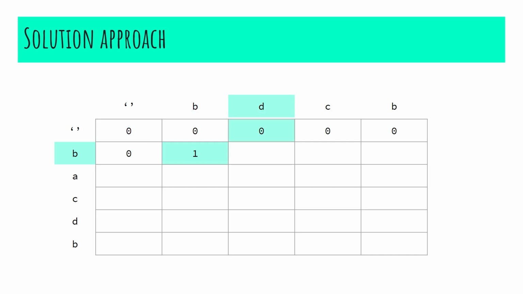Whereas if the last characters of both the sequences are not equal, we will pick the maximum out of the previous sequences. In this instance, the previous pair of sequences will be B and B, or else an empty string with B, B. Likewise, we will iterate throughout the length of the second sequence and fill the second row. We repeat the same for each row.